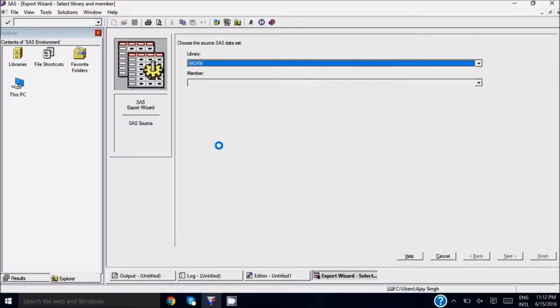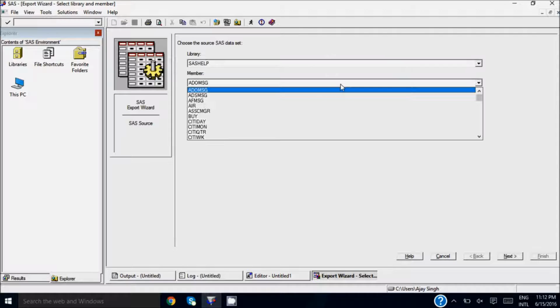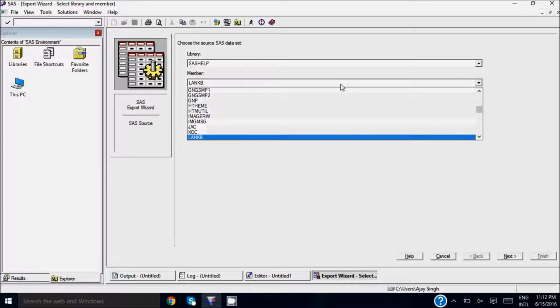Once the wizard opens, we'll see which particular data we want to export. Export means we want to save a file in our local or in our specific directory. So I want to export the data from my SAS self directory, and I want to take the data as class,